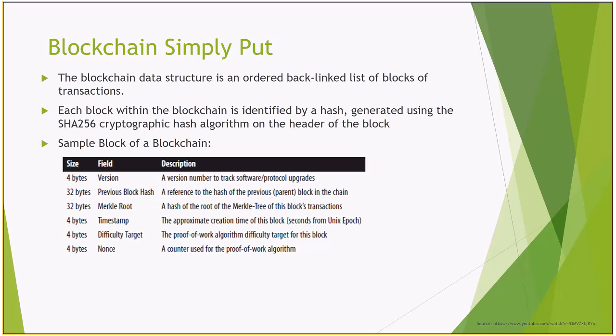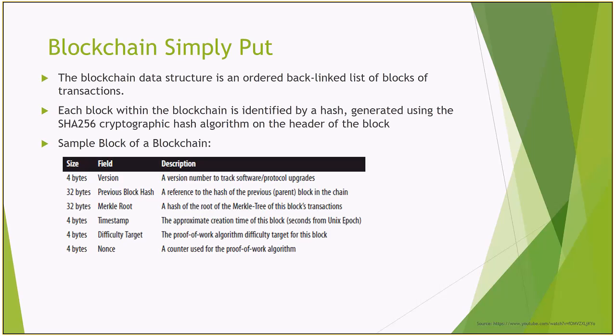Each block within the blockchain is identified by a cryptographic hash, which is generated using the SHA-256 cryptographic hash algorithm on the header of the block. Now, a few of the terminologies or jargons that I'm using over here are mainly towards cryptographic hashing, and you must be wondering what I'm talking about with these hashing functions. I'll cover these parts in the next slide, but just to give a brief overview of what a blockchain is,